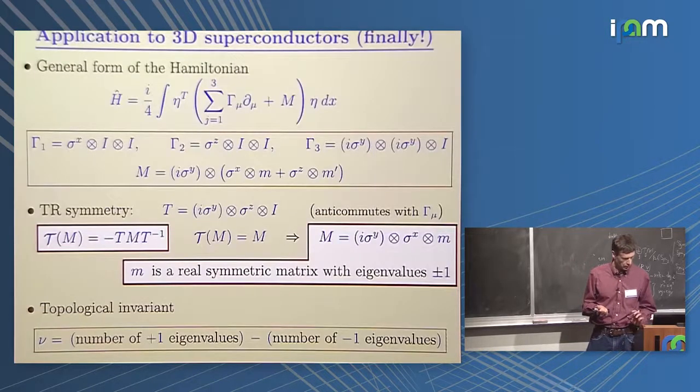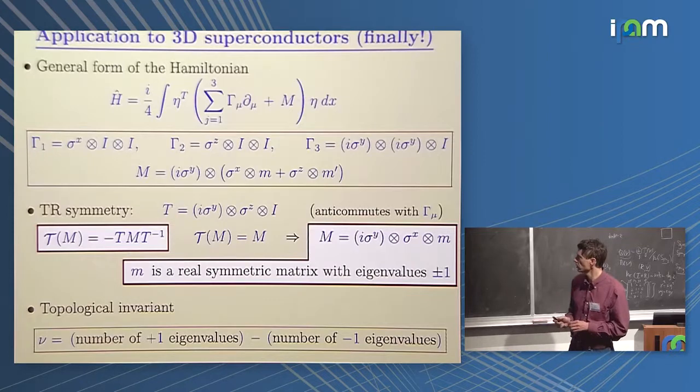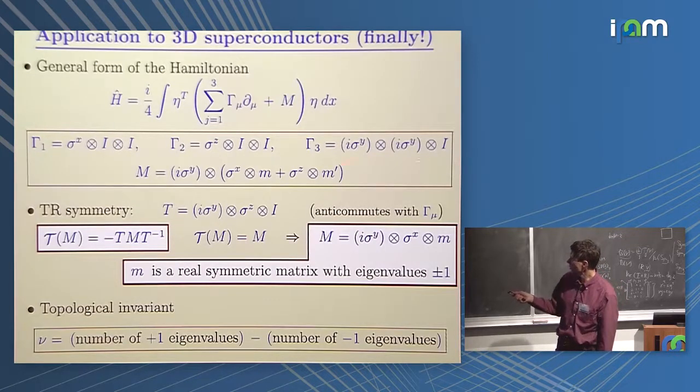And finally, this is the application to 3D superconductors with time reversal symmetry. So the Hamiltonian has this form with 3 gamma matrices and a mass term, and the mass term is required to anti-commute with the gamma matrices, and that fixes the form of the mass term. It is this form. I just picked arbitrary gamma matrices that anti-commute with each other, just wrote them in a convenient basis. It's not so important which basis to pick. And the time reversal symmetry is described by a matrix T that also anti-commutes with the gamma matrices and